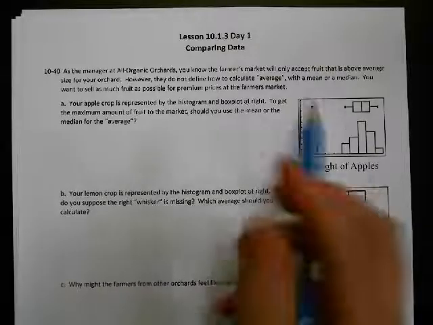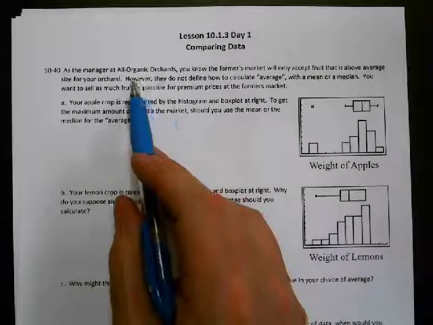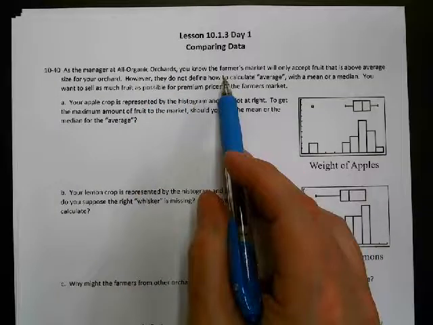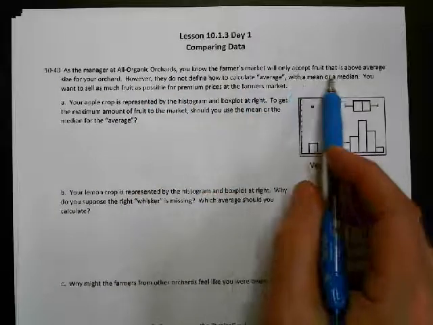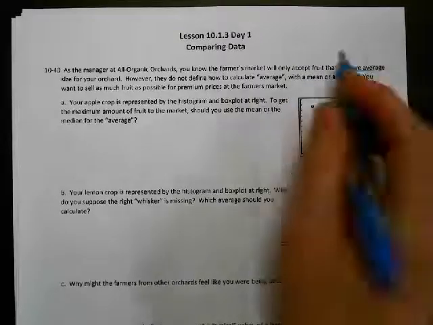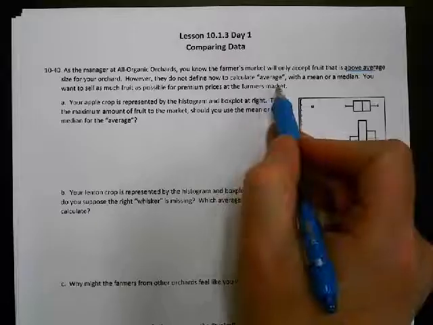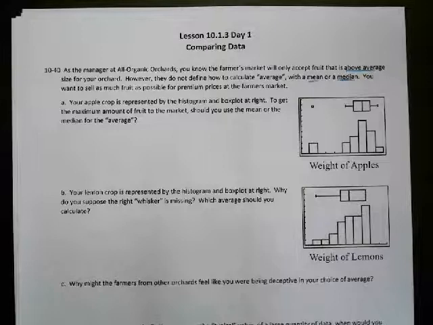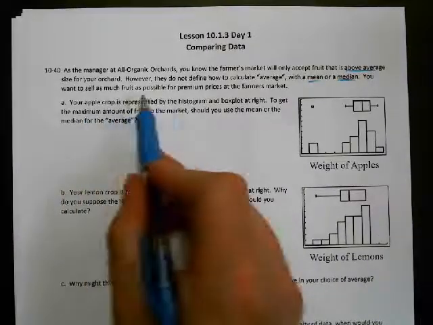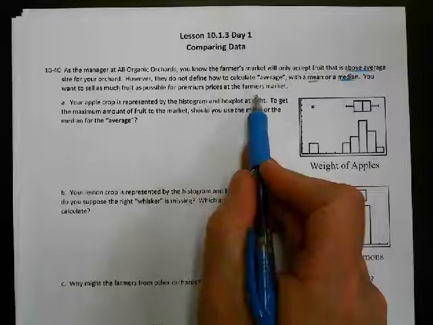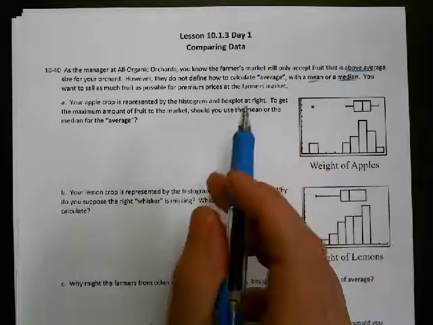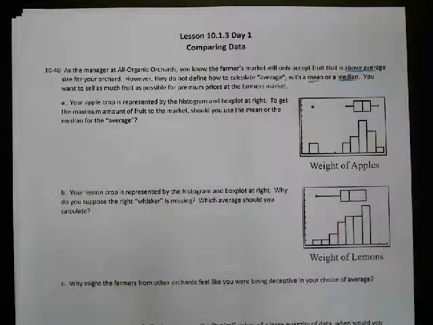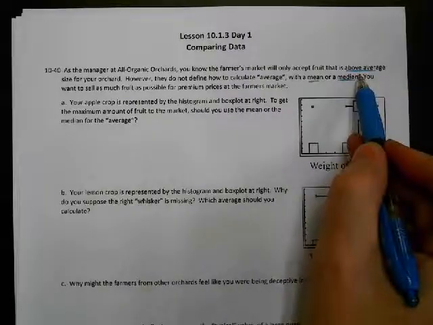Okay, so first of all, we're going to be the manager at an all-organic orchard, and we know that the farmer's market will only accept fruit that is above average. However, they don't define average. Are they talking about the mean, or are they talking about the median? They don't tell us. So we want to sell as much fruit as possible for premium prices at the farmer's market. If we sell at the farmer's market, we'll make more money than if we sold to a grocery store or something like that. So we want to sell as much product at the farmer's market as possible, and they want us to have it above average